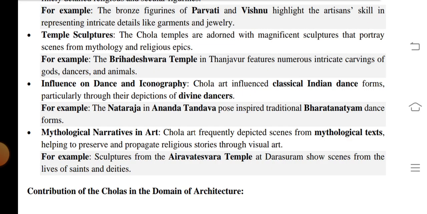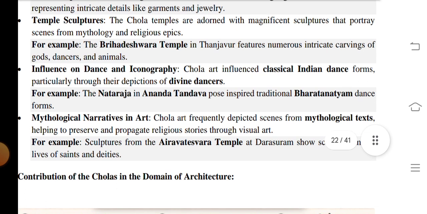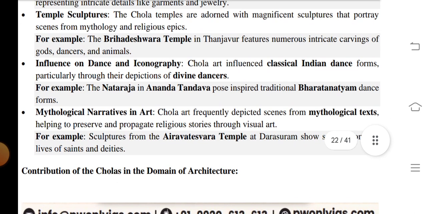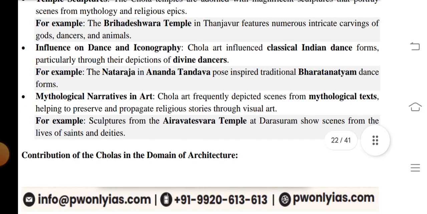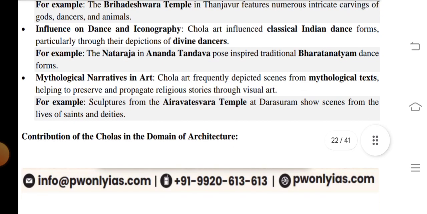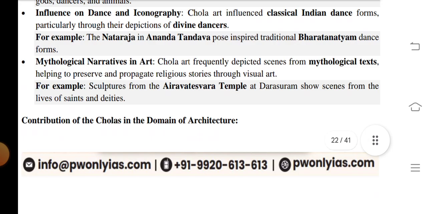Temple architecture: Chola temples are adorned with magnificent sculptures that portray scenes from mythology and religious epics. For example, the Brihadeshwara temple in Tanjavur features numerous intricate carvings of gods, dancers and animals. Influences on dance and iconography: